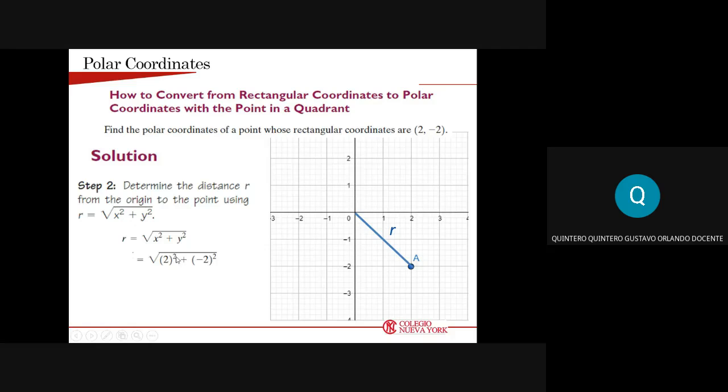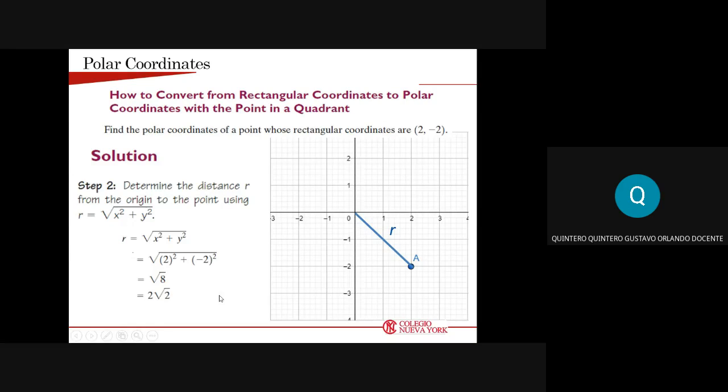Remember, because I know you guys are going to replace this in the calculator. I know that. It is okay to do it. But remember that when you replace negatives, you need to write down parentheses. Otherwise, you're going to have mistakes. So here, we have negative 2 inside parentheses and then the exponent. All right, guys? From here, simply solve this in the calculator and we are going to have 2 square root